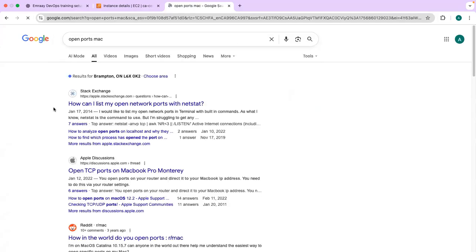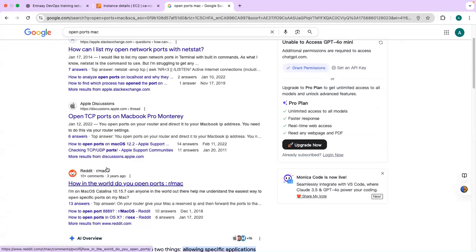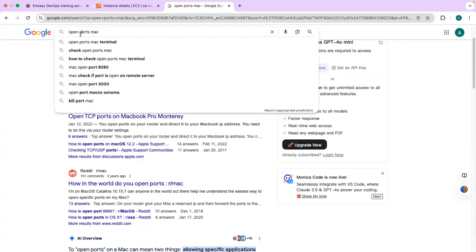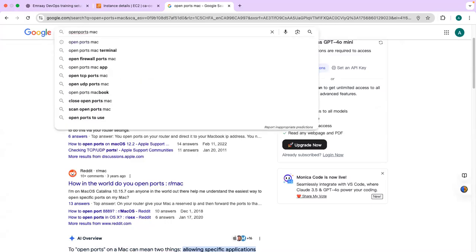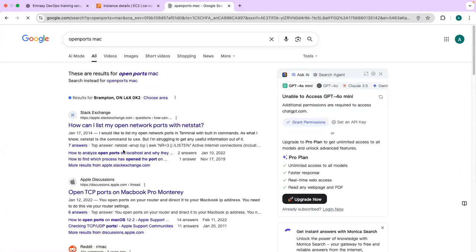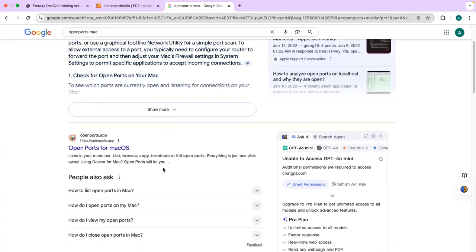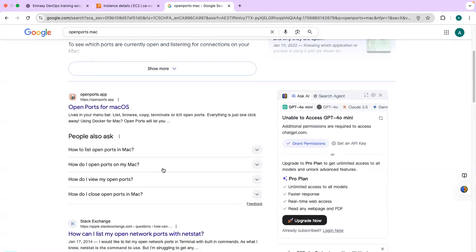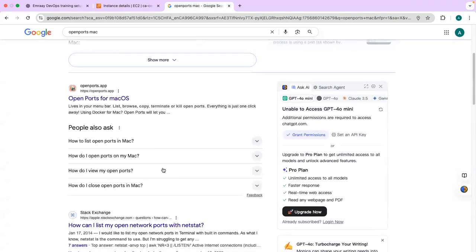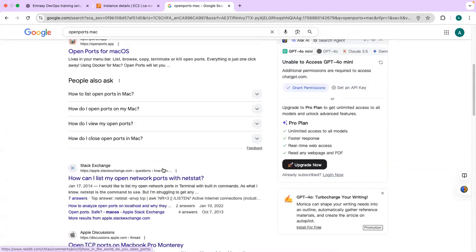Please remove the space from the open and the ports, please. It's not there. I don't know open port. Anyways, give me another one.